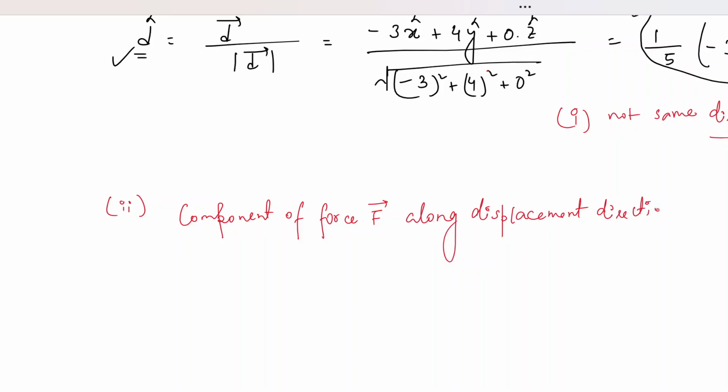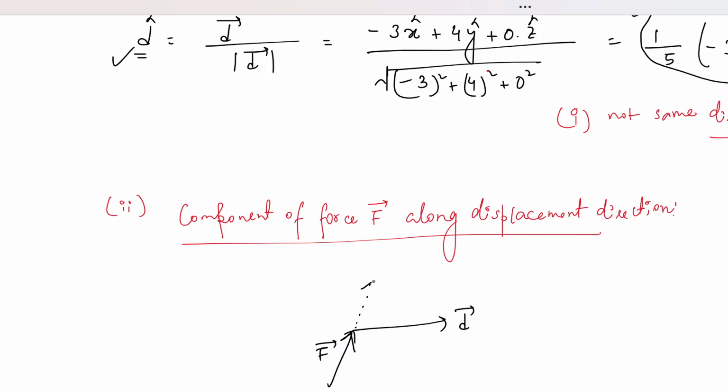As you know already, F and D, those two vectors are not in the same direction. So let's say if your D vector is like this, F vector is like this, just like in the first question, you can imagine. So both are not having the same directions. Then if two vectors are not in the same direction, you know that vectors can be divided into components. So let's say this is our extended F vector, right?